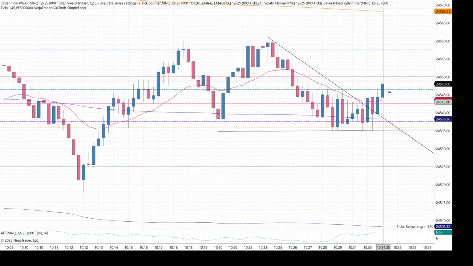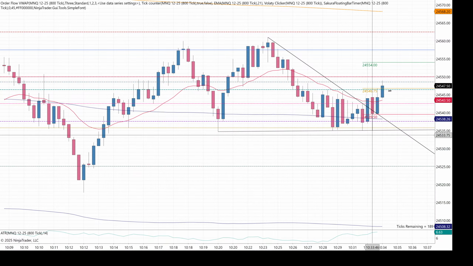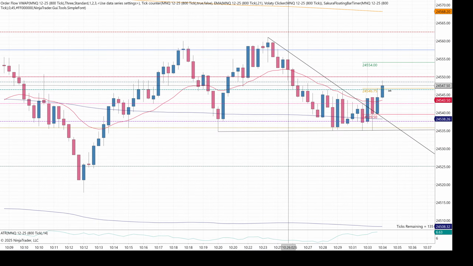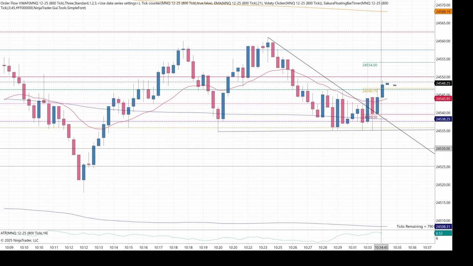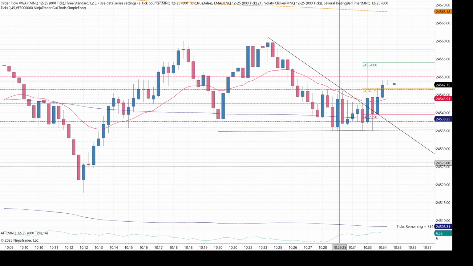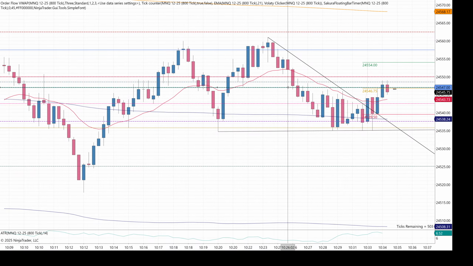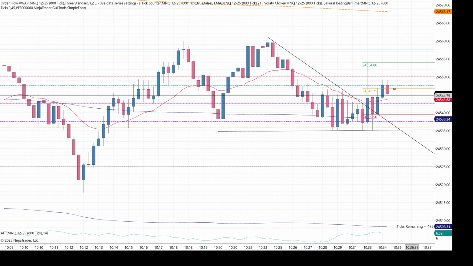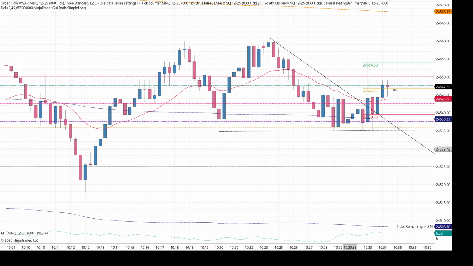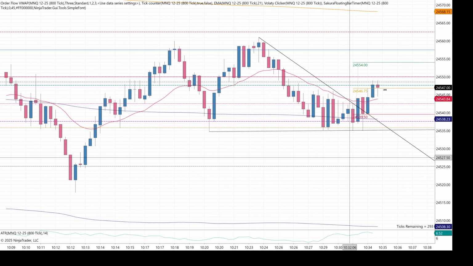All right, this triggered higher, but we got some EMAs in the way. But I feel like it might end up working just with the way buyers have supported this level here and sellers couldn't get it going. Still gonna mark it, but I'm not gonna take it. I think in these choppy areas we just have to be really patient. None of these setups are anywhere close to A+ setups.